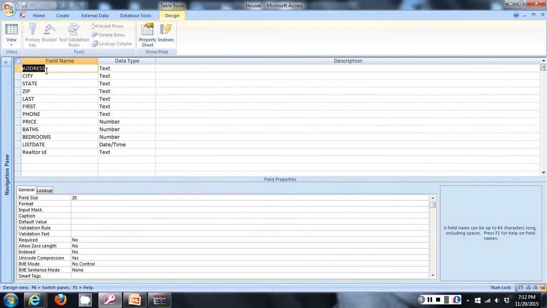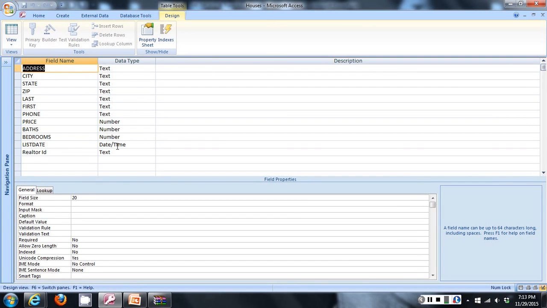So if I wanted to create a table, probably the simplest way in my opinion would be in design view. I can type in my fields in the field name column, and then I can designate the data type in the right hand column. Now, what is a data type? For my computer science majors out there, some of you may know what a data type is, or anyone else that has taken a computer science class or a programming class. A data type is essentially telling the database,